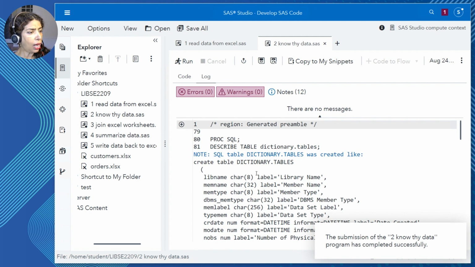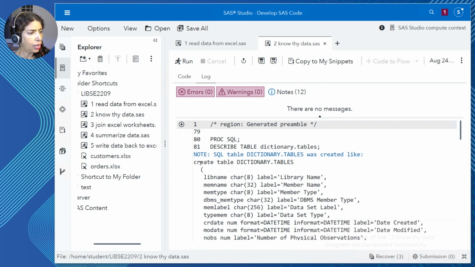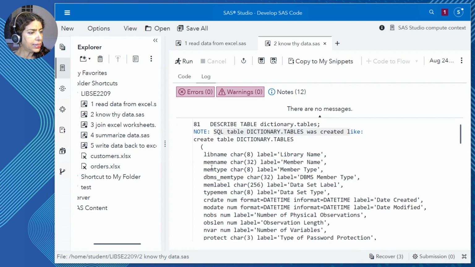Then in the log, I'm going to see a note, and SAS tells me the SQL dictionary table was created like this. It has the name of the column, the type of the column, the length of the column, the label of the column.